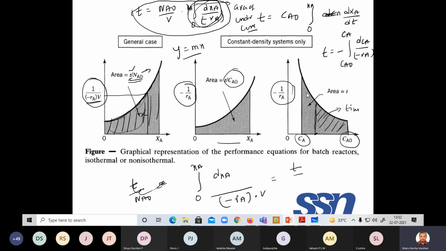Again, to find the area under the curve, you have to see how many squares are there, and then you have to do some averaging and then find out the area under the curve. The area under the curve will give you the time or the volume of the reactor. If you see the flow reactors, you will get the volume of the reactors. So please keep